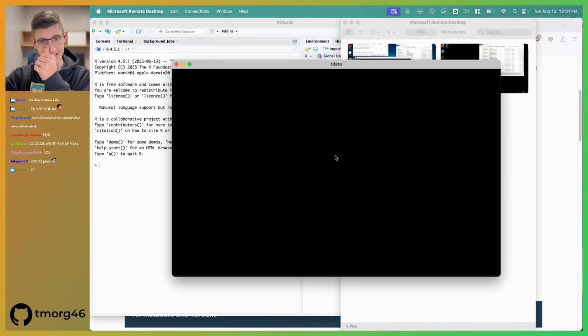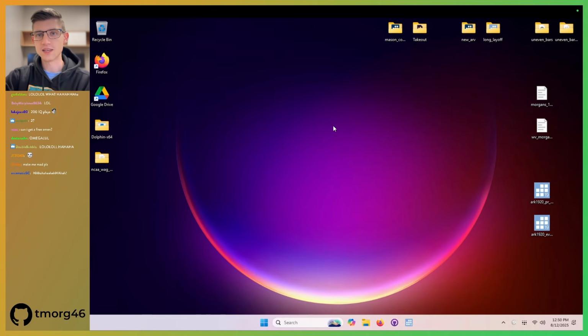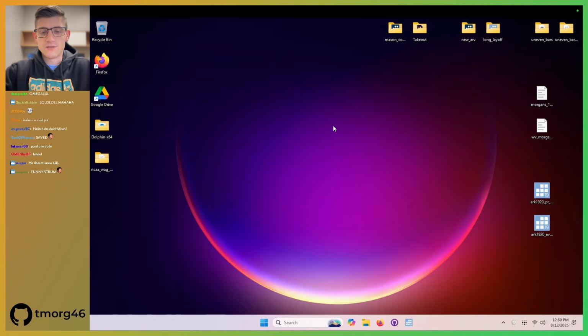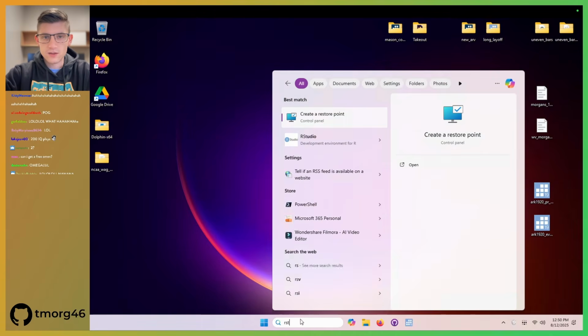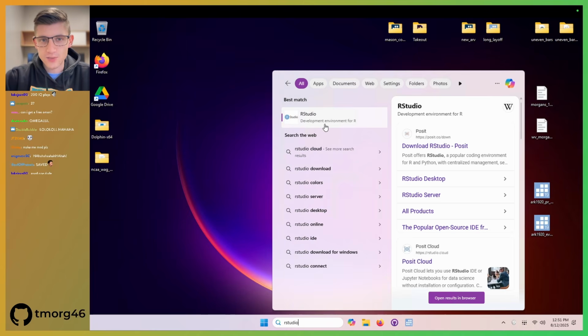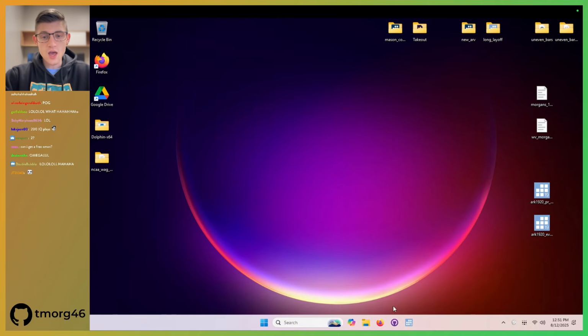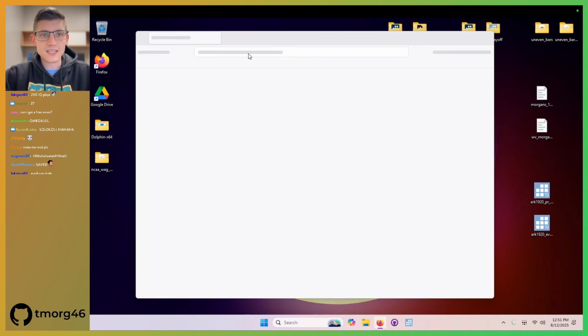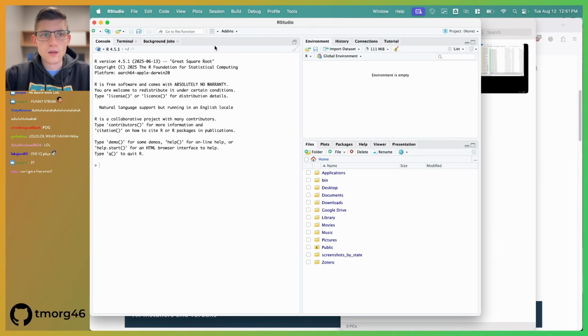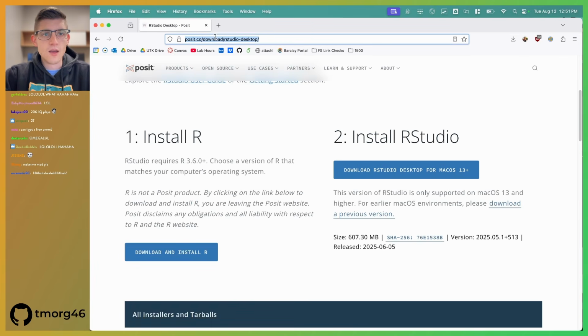This is the nice thing. I have a whole nice setup for setting this up. Great, I have a Windows device. And do I have RStudio installed? Well, if I search it in my search bar, it says best match, but I don't have it as a program I can open. So what do? Well, I need to go to, let me close R here,